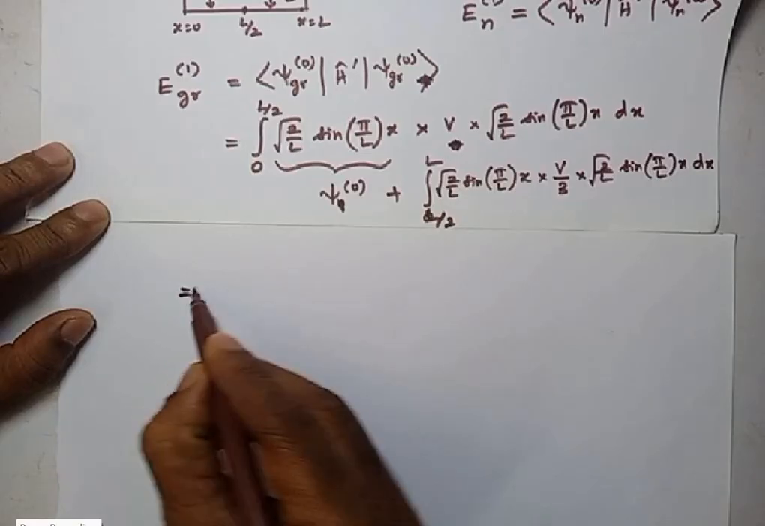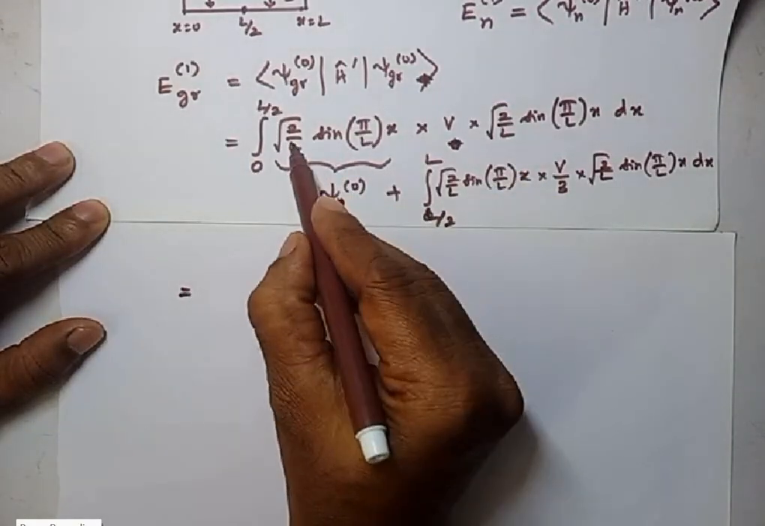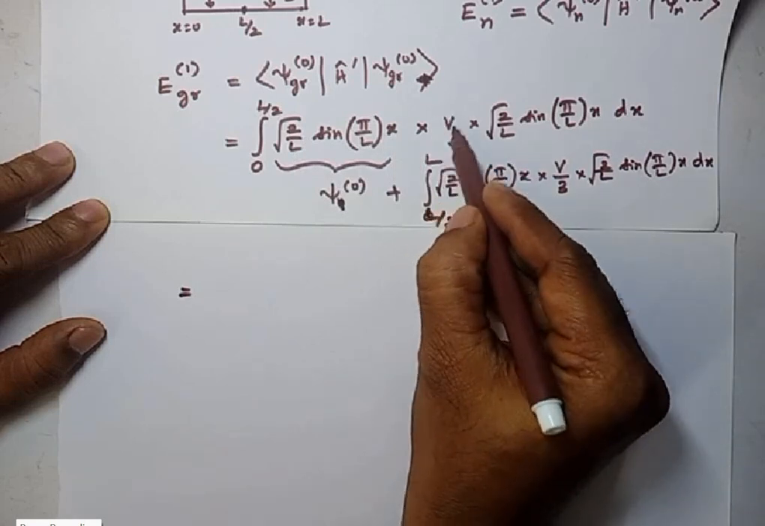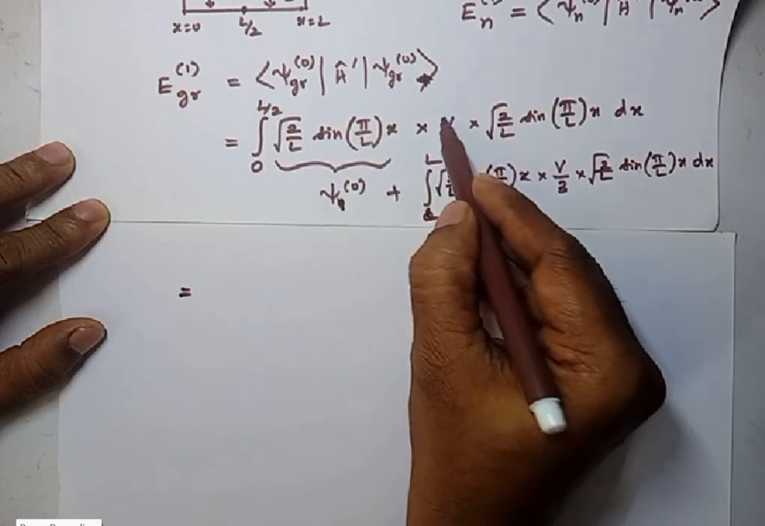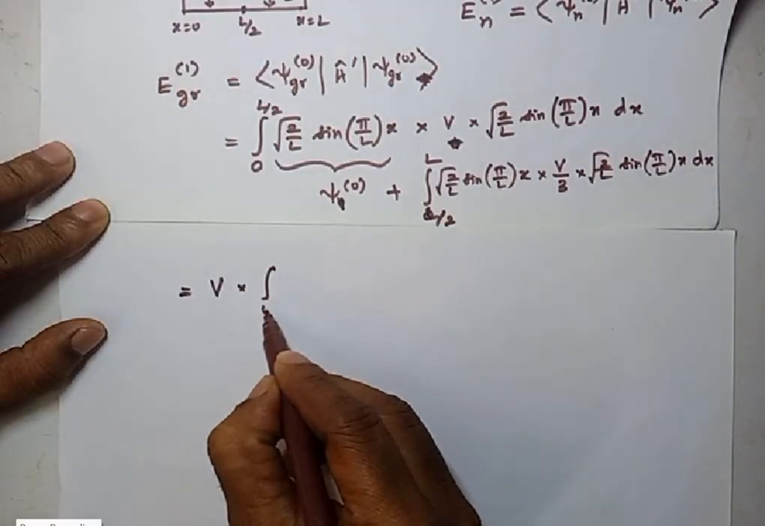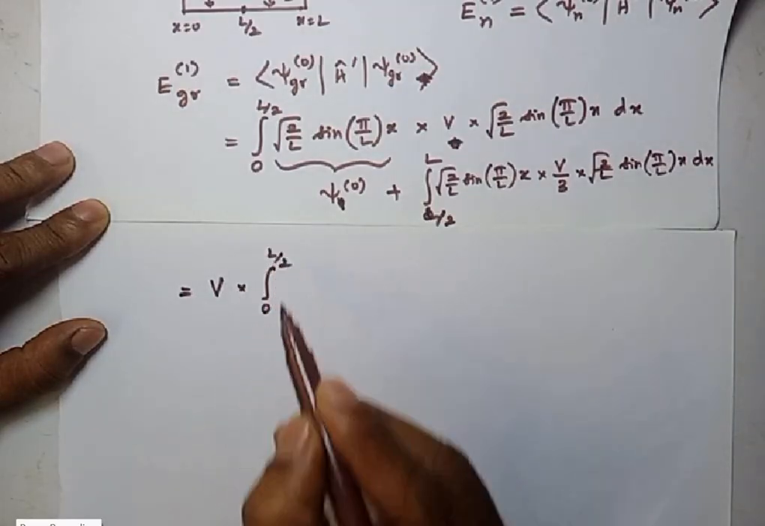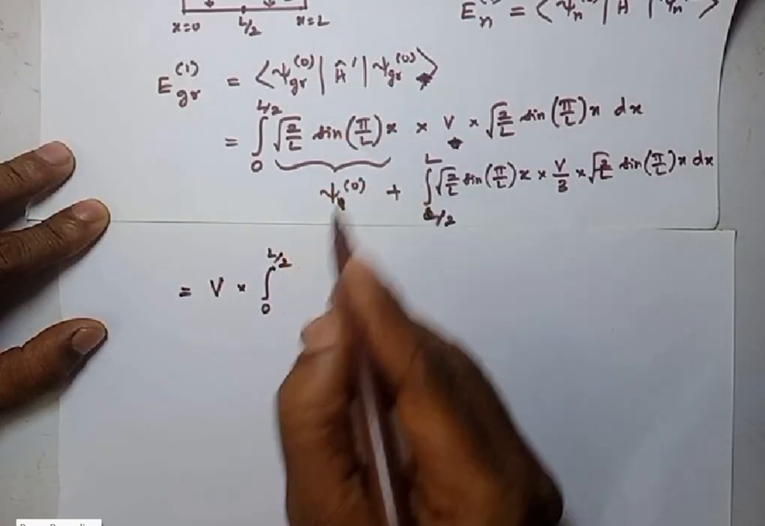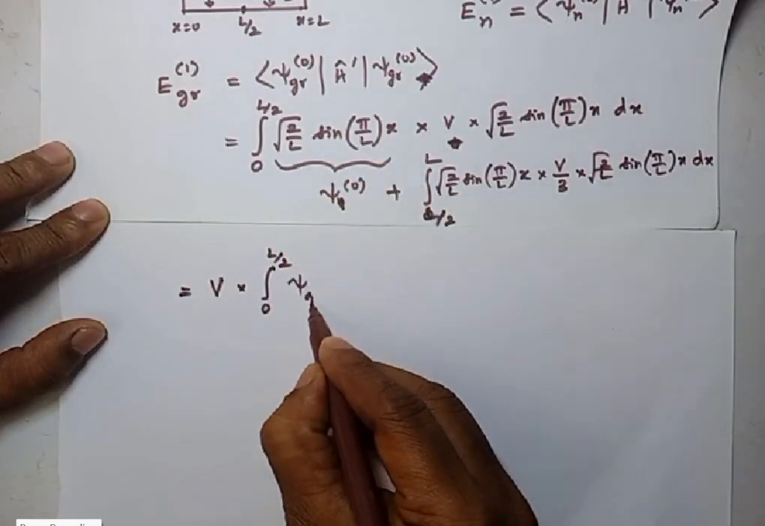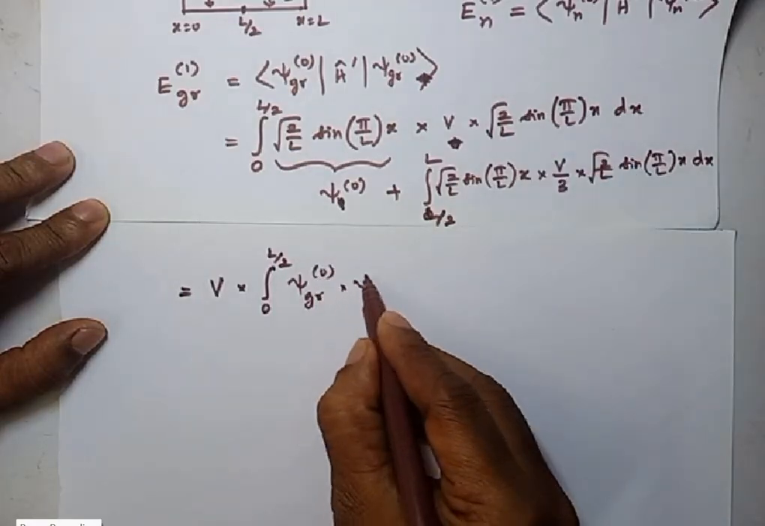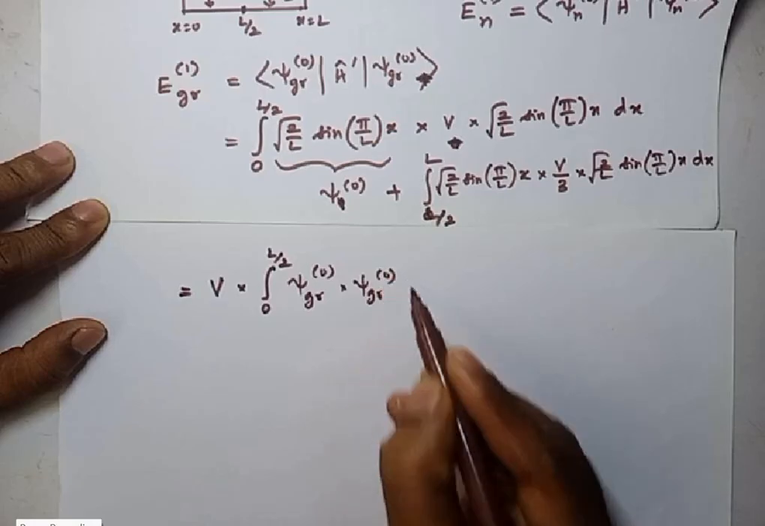So for the first integral, we have square root of 2 by L. Anyway, potential is constant. Potential is constant, so keep it out, V into square root of L, 0 to L by 2. Then we have this wave function psi n naught. So let me write this as such, psi ground state wave function, and again psi ground state wave function, into dx,